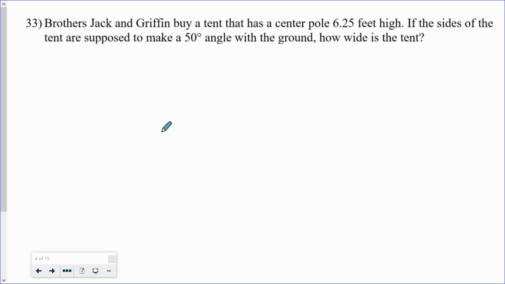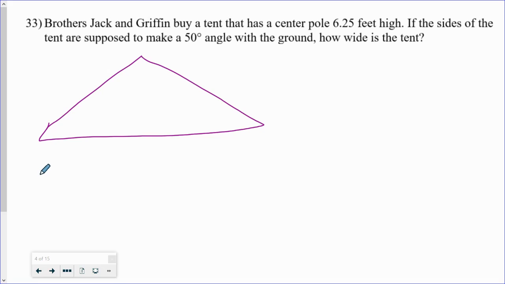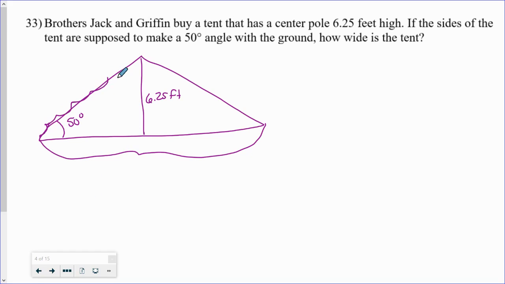Okay, so we have two brothers. They bought a tent, so I'm going to draw my tent. That is not a 90-degree angle, so I can't use SOHCAHTOA because SOHCAHTOA is only good for 90-degree triangles, for right triangles. This is a center pole that is 6.25 feet high. The tent sides, these are the sides of the tent, they make an angle of 50 degrees with the ground. There's 50. I would like to know this whole distance, the width of the tent, but I'm going to temporarily only deal with this triangle here